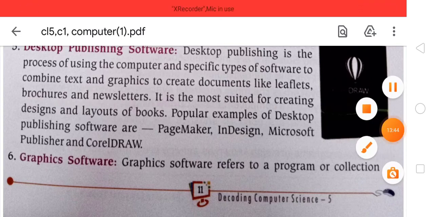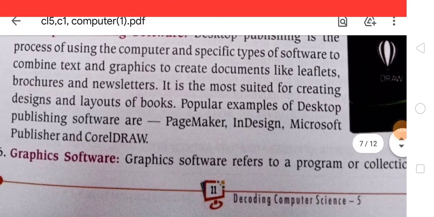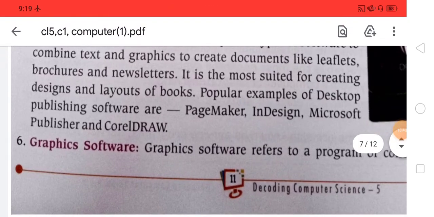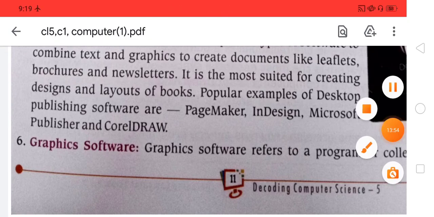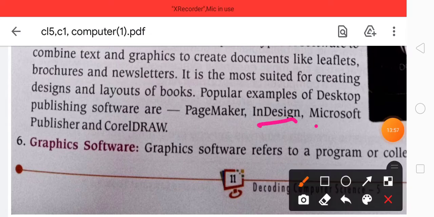It is most suited for creating designs and layouts of books. Popular examples of desktop publishing software are PageMaker, InDesign, Microsoft Publisher and Corel Draw.